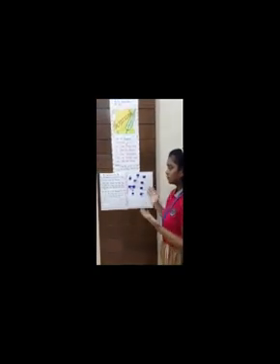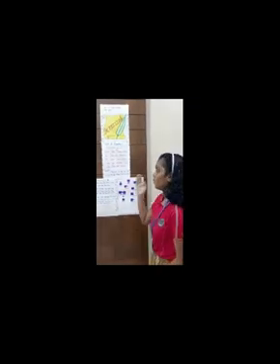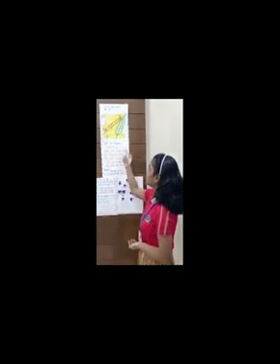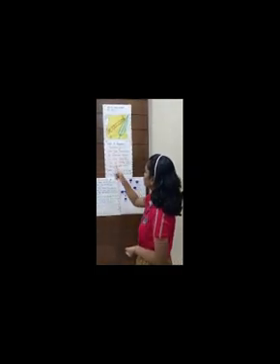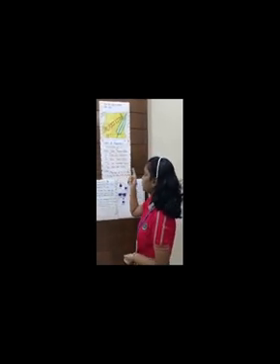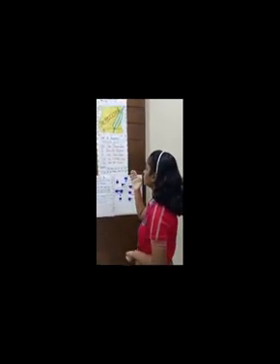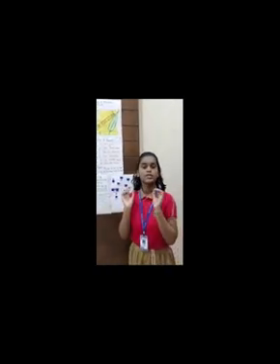Today I have made one topic, preposition, so I hope you will all understand it well. So our first topic is preposition. What is preposition? Preposition is a word used before a noun to show its relation to some other noun. They are normally placed in front of nouns. Preposition is a short word which keeps a relation between one noun and another noun, and we should keep the preposition in front of nouns.